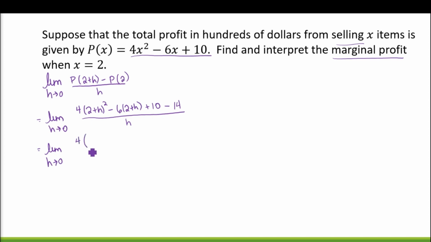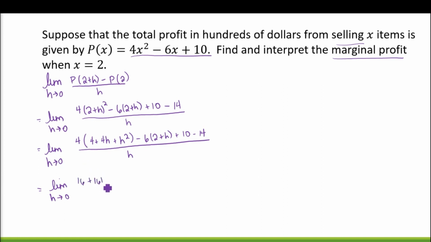of 4 times. Now if we FOIL the 2 plus H squared, we'll get 4 plus 4H plus H squared minus 6 times 2 plus H plus 10 minus 14 all over H. And now we can distribute to get the limit as H approaches 0 of 16 plus 16H plus 4H squared. And if we distribute the negative 6, we'll have minus 12 minus 6H plus 10 minus 14